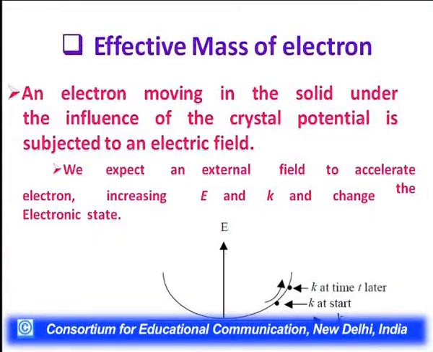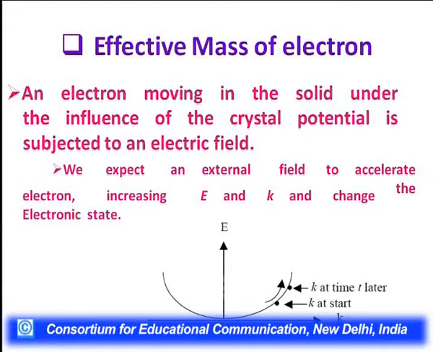An electron moving in a solid under the influence of the crystal potential is subjected to an electric field. Means when we apply the electric field, then electrons move in a crystal which is having some potential. Then we expect an external field to accelerate the electron by increasing E and K. E is the energy of the electron and K is the propagation constant of the electron,